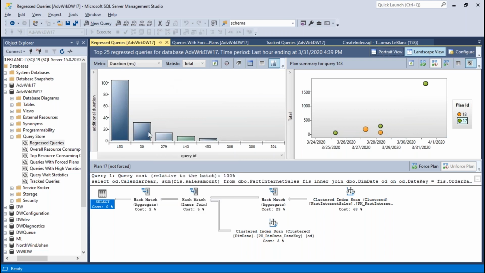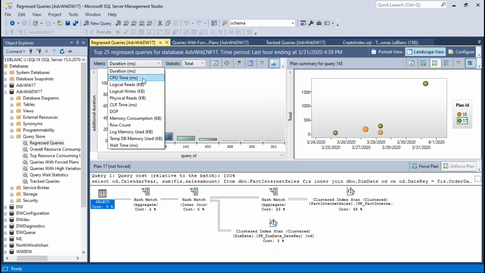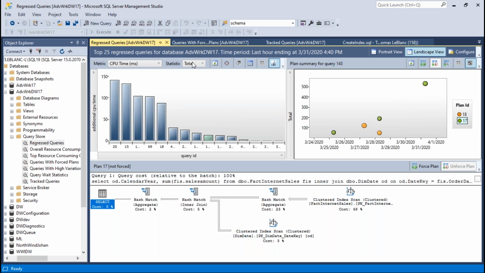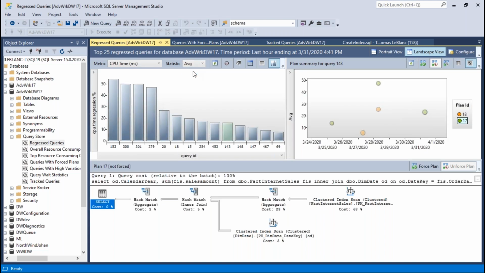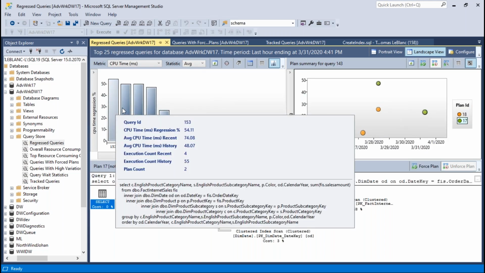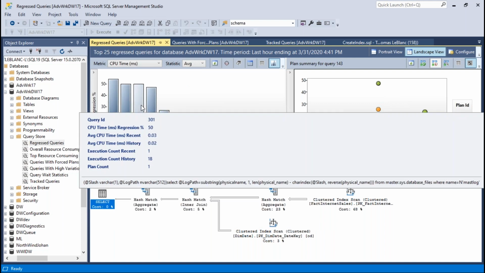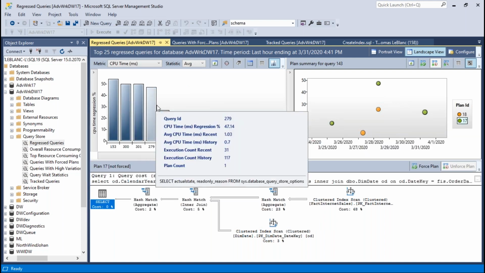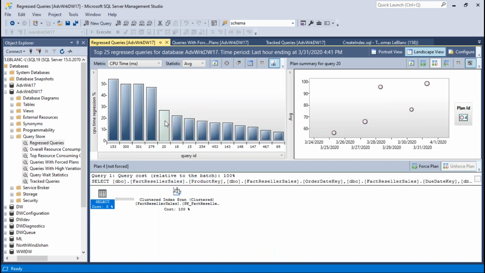And you don't have to performance tune these, but when you get something like that, you might go look at something different, like, let me look at CPU time, and instead of total, average it. And then I might see some of these queries that are more relevant to the database itself. And so I can switch between the different types, and I can see the different statistics on it,